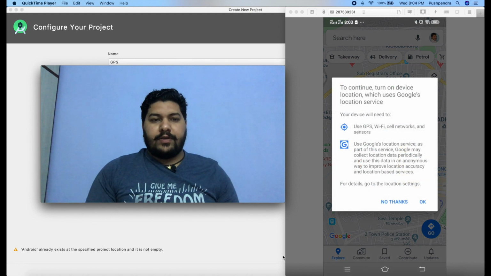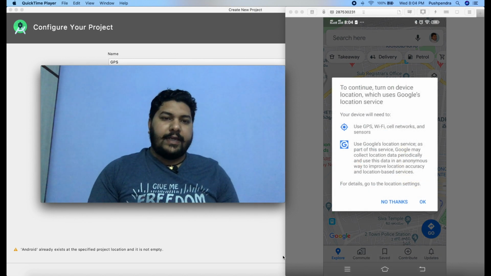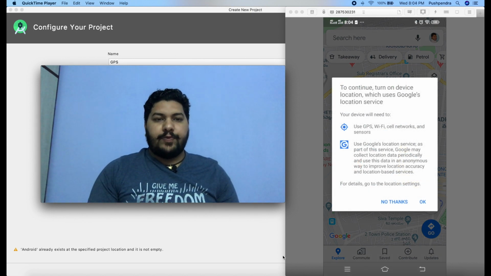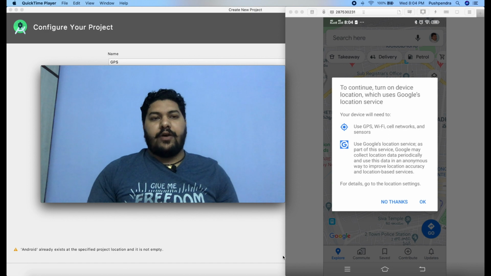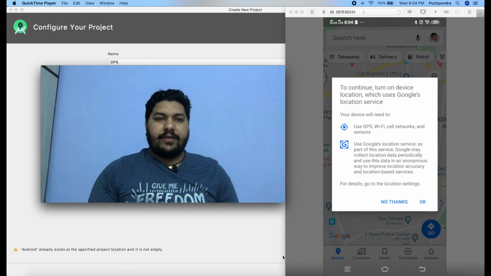Suppose you are working on any special kind of application like a delivery application or cab booking application or something like that, where you definitely require the user location. So how can you open your GPS, and the location must be the exact location of a device. So how can we achieve this functionality completely in our Android application? So let's begin with development without wasting any further time.